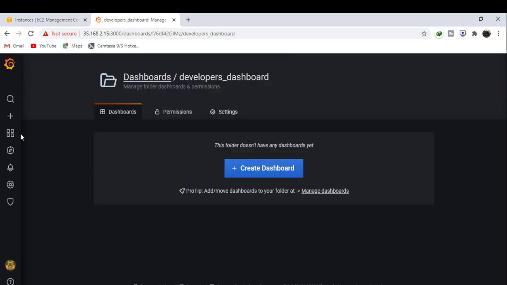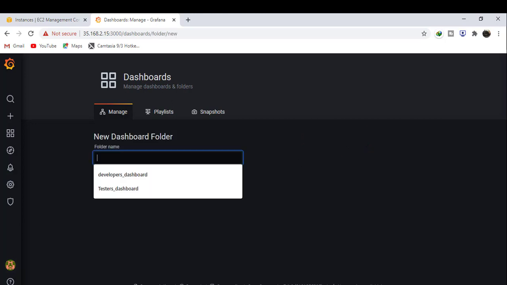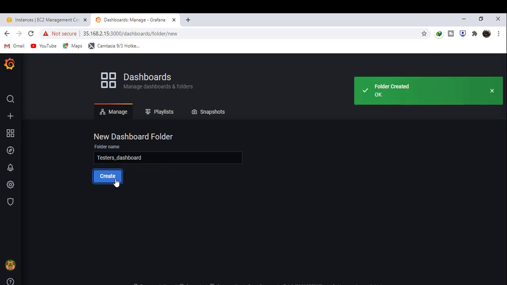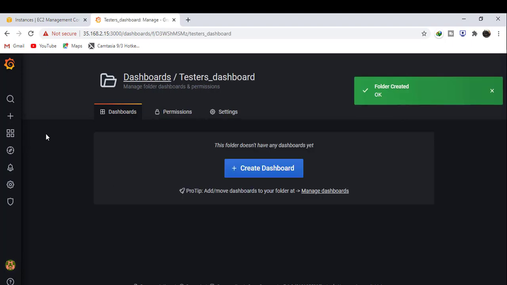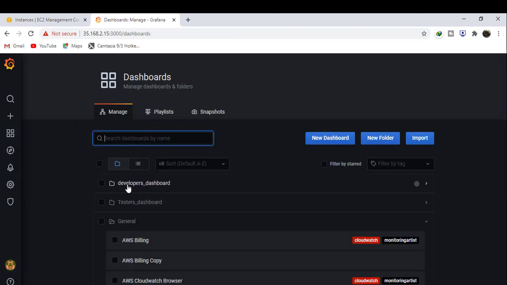Again I am creating another folder. Let me click on manage. I am clicking on new folder. Here I am providing the folder name called testers dashboard. Okay, here I have created two folders. One is developers dashboard and the other is testers dashboard. Okay,